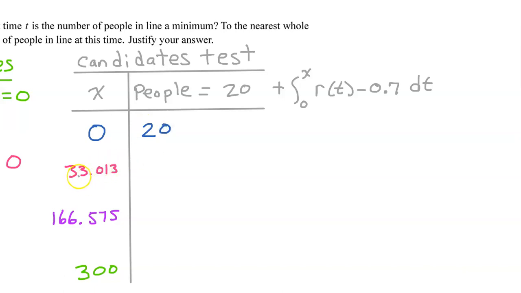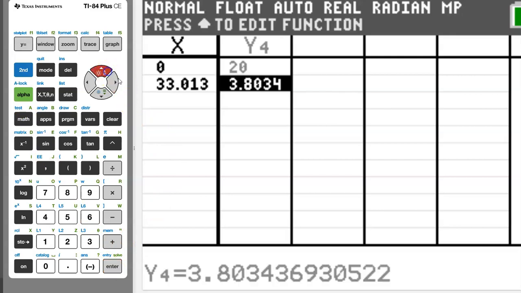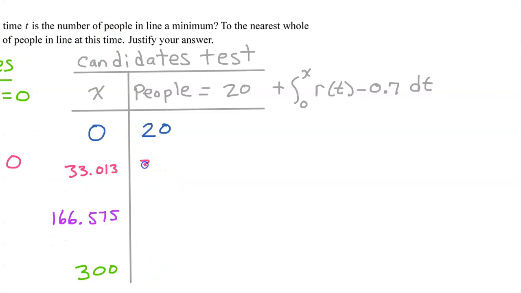What about time 33.013? This is a rounded value, so it would be risky to type this in right now. But remember, I stored this value in letter A. So this comes in handy now because I can just hit alpha A, enter. So this is the answer, 3.803. Let's record that. 3.803 people, which is approximately 4 people. And next we need to do